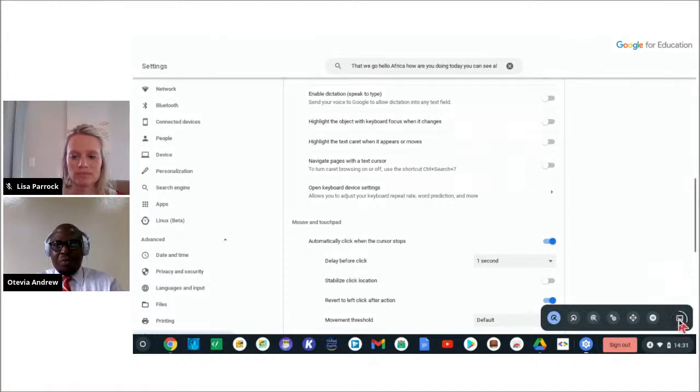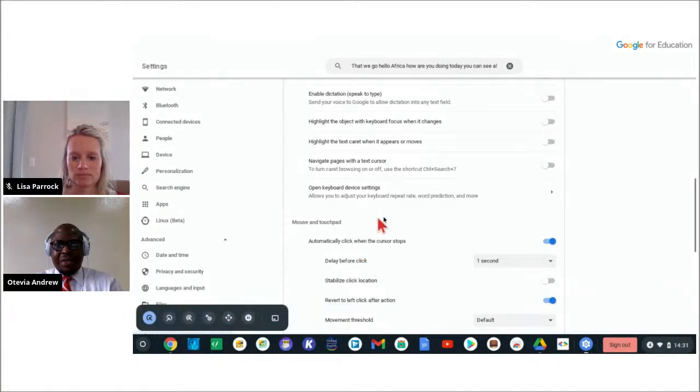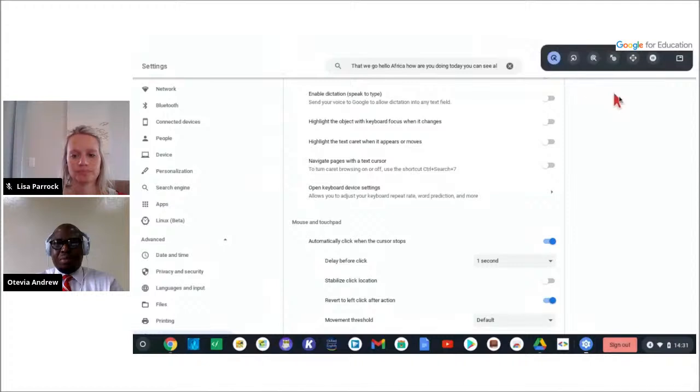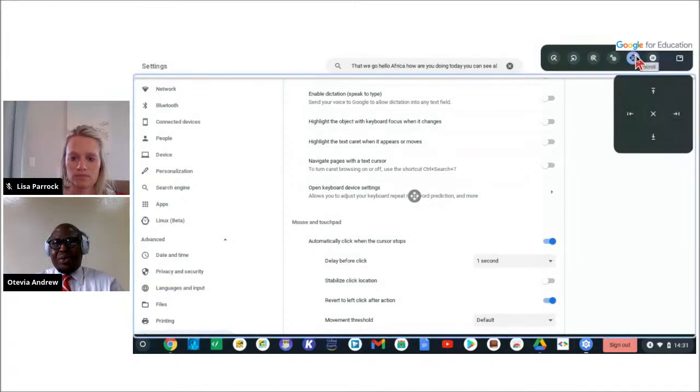Okay, if you move your cursor over it, you can see the clicking now. It can move this panel to any part of the screen that's comfortable for you. Now the first icon on this panel is left click. This is right click, and the next one is double click, and the next icon is click and drag, and the next icon is